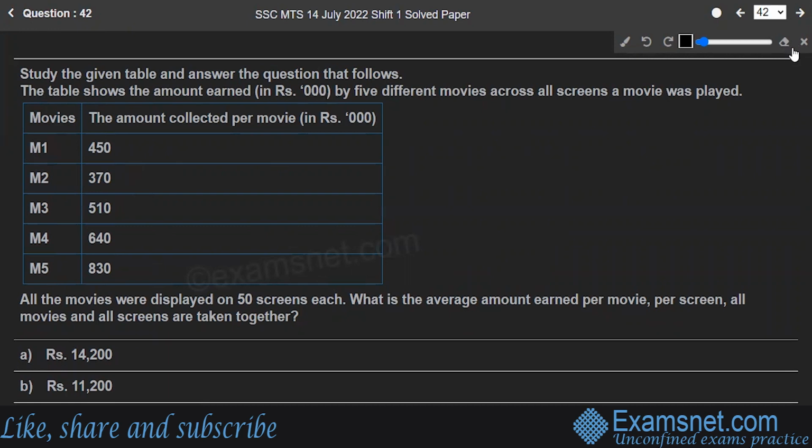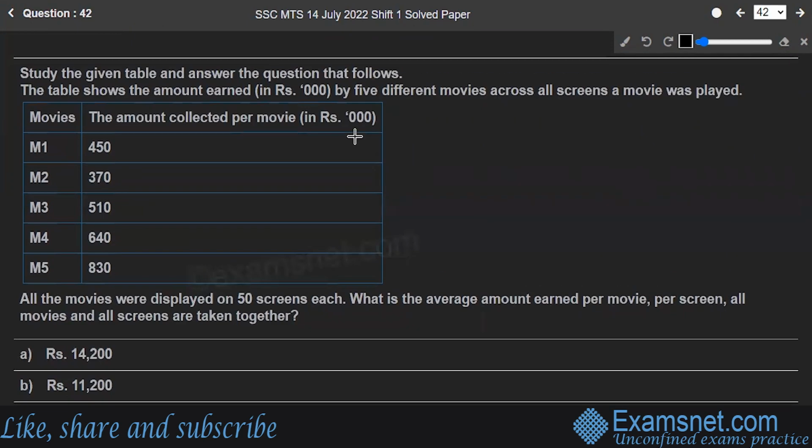Let's move on with the solution. Okay, let's solve it. First thing, the total amount collected per movie in each screen. Let's add them: 450 plus 370 plus 510 plus 640 plus 830. Since they are multiples of thousands, if I add all of them, then the total